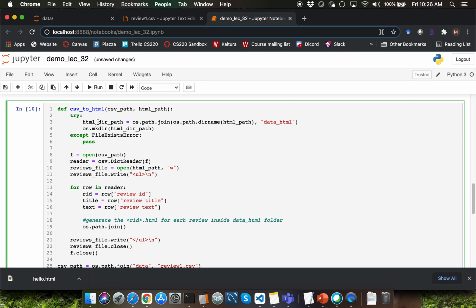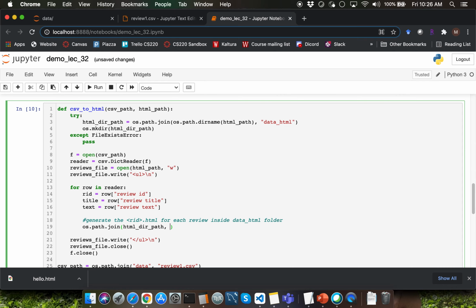What do I want to join? I want to join html_dir_path, which is simply going to be data/html. And to that, I want to not concatenate, but add as part of the path, so I'll have to mention that as the second argument.